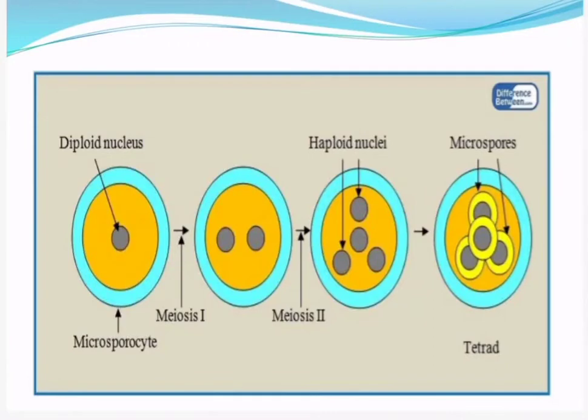So this is a picture of microsporogenesis where we can see that microspore tetrads are formed from the microspore mother cells by the process of meiosis. As the anther matures and dehydrates, the microspores dissociate from each other and develop into pollen grains. So by meiosis taking place 2 times, from a single microspore mother cell, 4 pollen grains or microspores will be produced, which are haploid in nature, having n number of chromosomes.